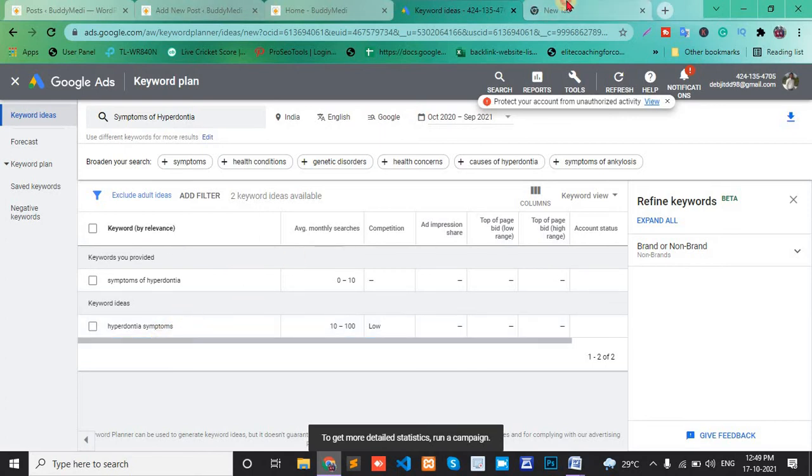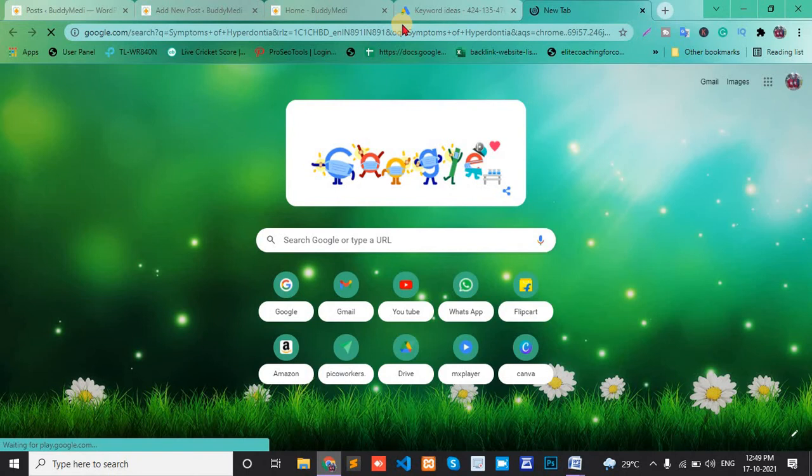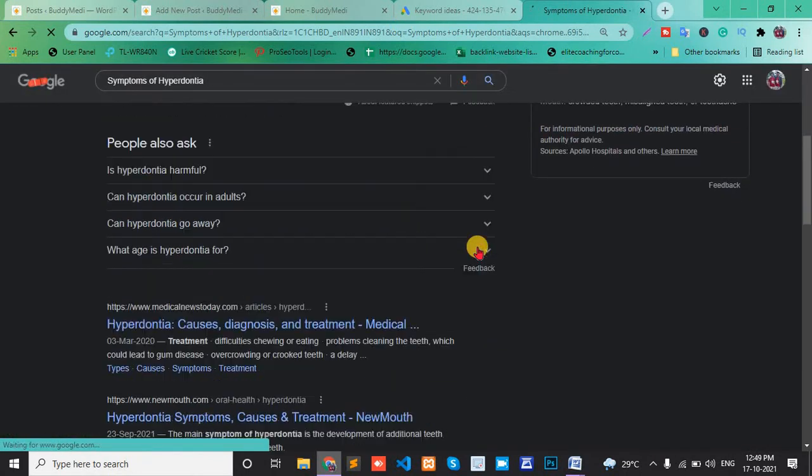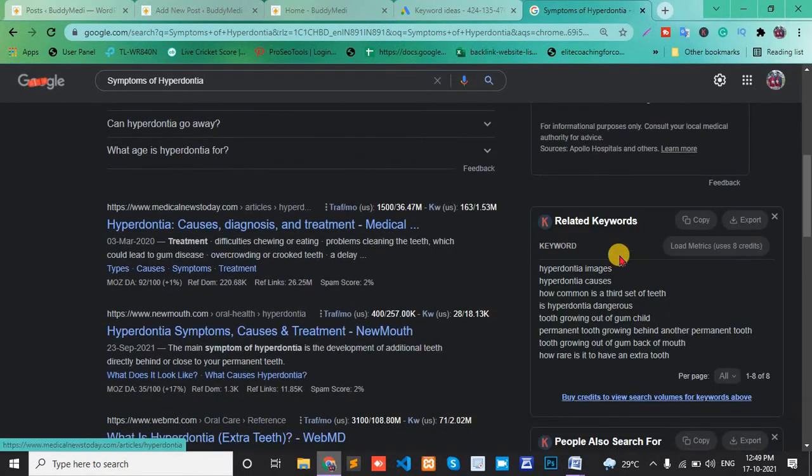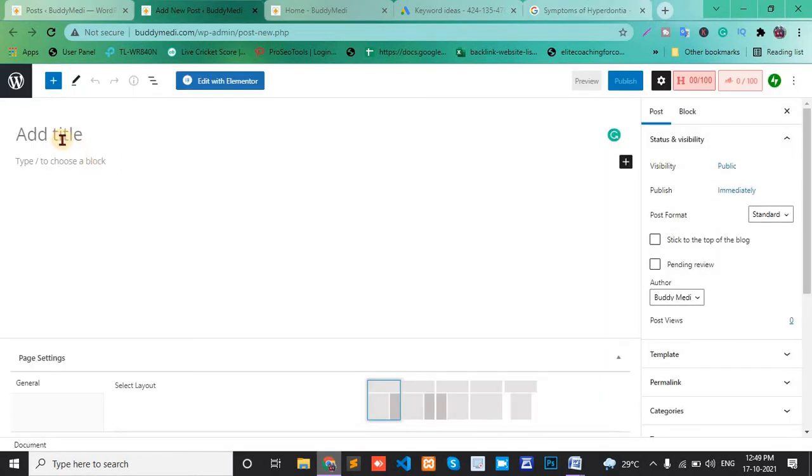And here keyword matcher. Okay, this keyword is tooth growing out of gum child. Copy this one and paste here.